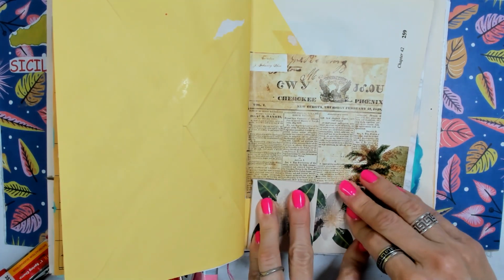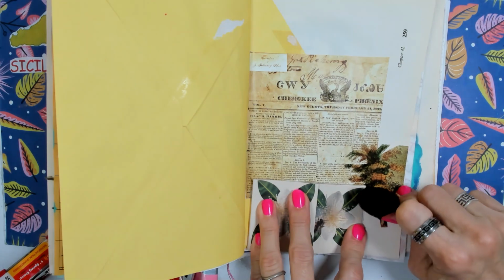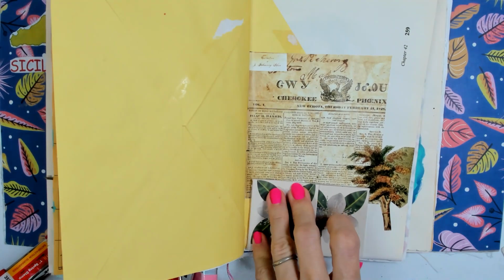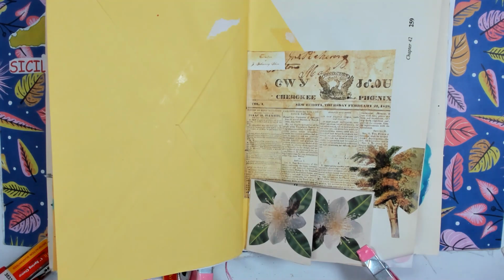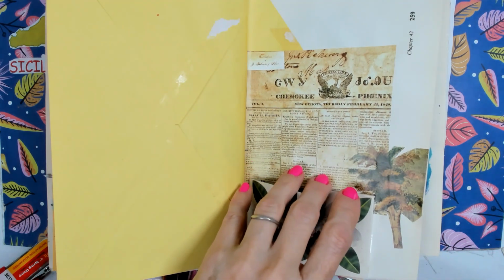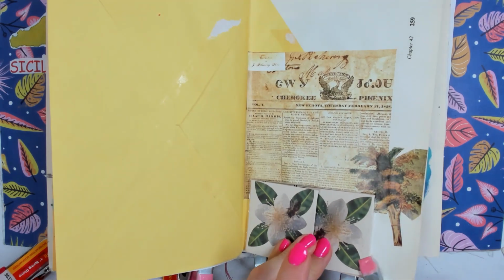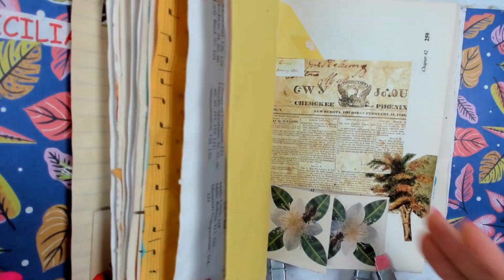And of course I need my folding board. I don't know where it is. All right, so there. So what I'm going to do is to have my clamps around here and another one there. I think this is enough. That's not long enough. All right, so this is what we have, and I'm going to show you